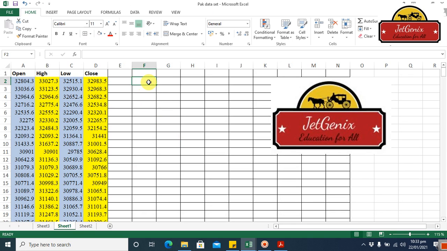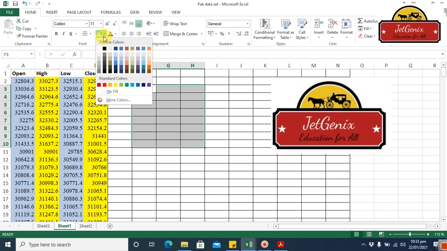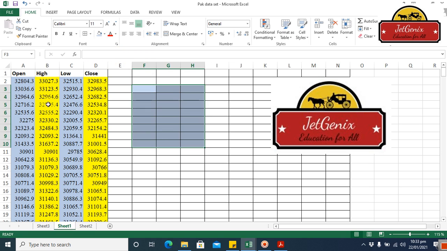And here, if you can see, for example, we have this data here. This is actually the stock index data. This is the opening index, and this is the high, this is the low and close, okay? So I am interested in finding the fifth largest value in this range, okay?